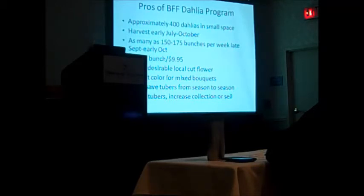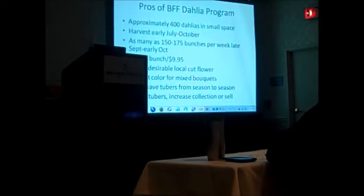They're such a highly desirable local cut flower because they don't ship. And the event designers, everybody wants dahlias. In the spring it's ranunculus and peonies. It's always garden roses. But when the dahlia season is on, every single stem is sold. So it's good for your cash flow. So I recommend them. We put them in bouquets. It's elegant color to put in the grocery store bouquets. And they're pretty easy to save. They really are pretty easy to save. We divide them and increase, and I would say we're probably 70 or 80%,